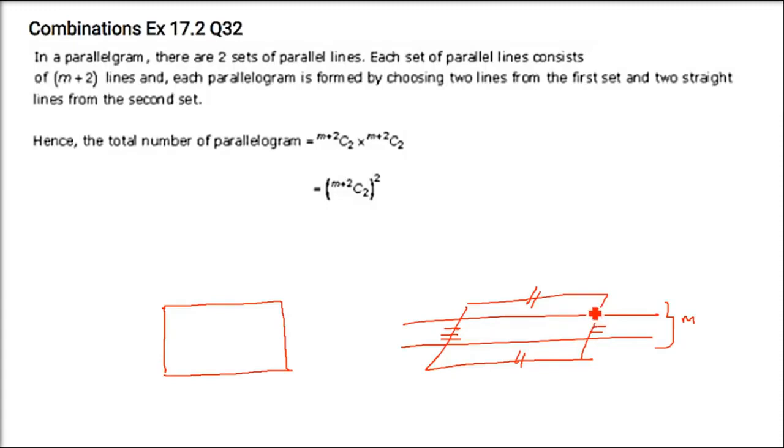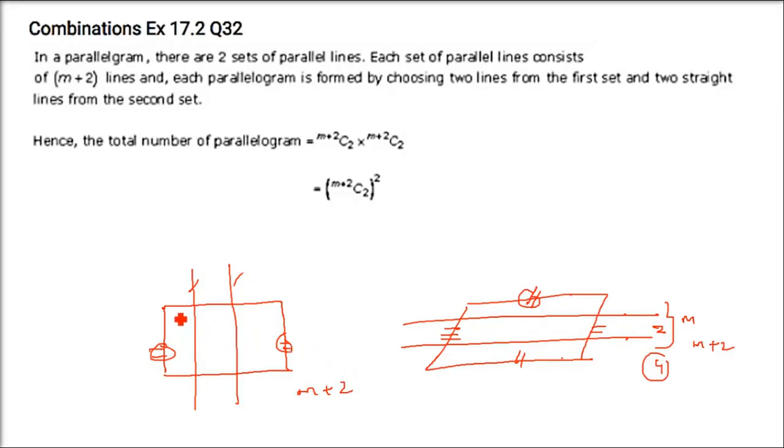Each set of parallel lines consists of M parallel lines. Every set, how many are there? See, 1, 2 are these parallel lines which we made. These are two. And the others are the sides. If I take an example of 2, the other will also have to be added. If I make a line like this, now this is parallel to the other side. So these are the two parallel lines, but along with this you have two more lines which are actually the sides of the parallelogram. So you have to add 2 to the M parallel lines.